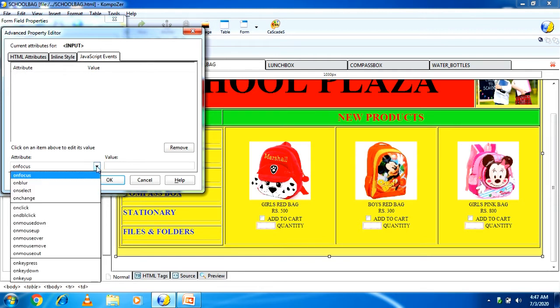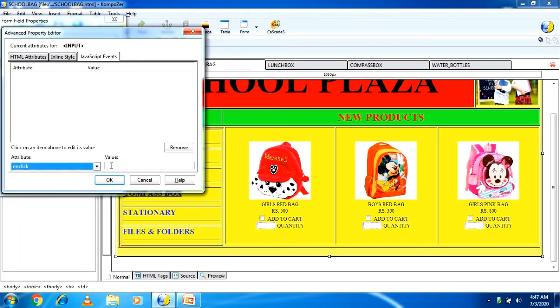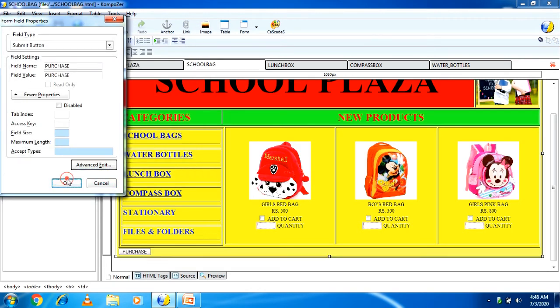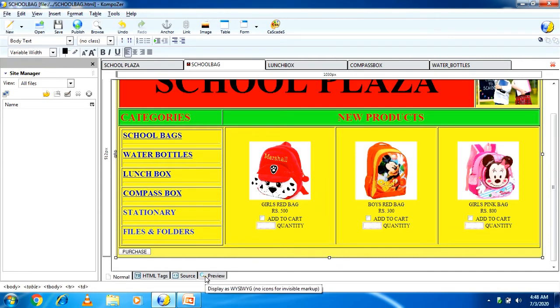Here you have to find the attribute onclick event and here you have to write the function name which JavaScript you have to write in the school bag page. So I am writing the function name, that is oncart, in small letters, oncart, bracket open close. Okay, press OK. So that is my function name.